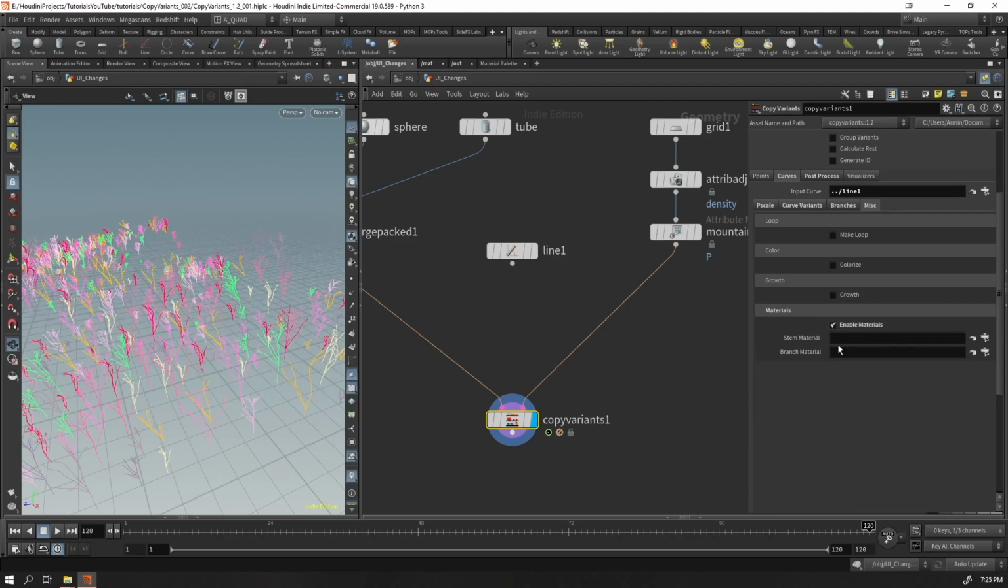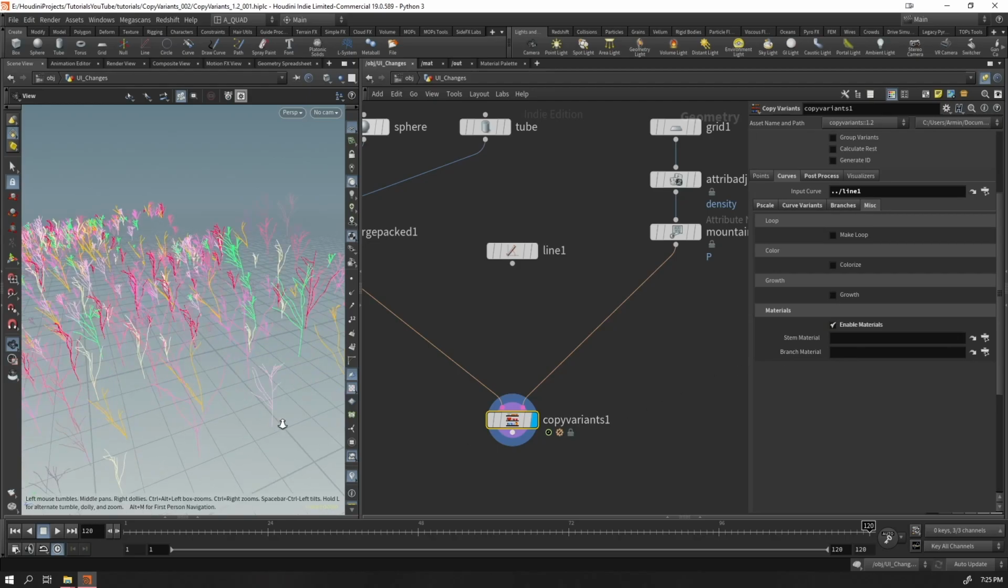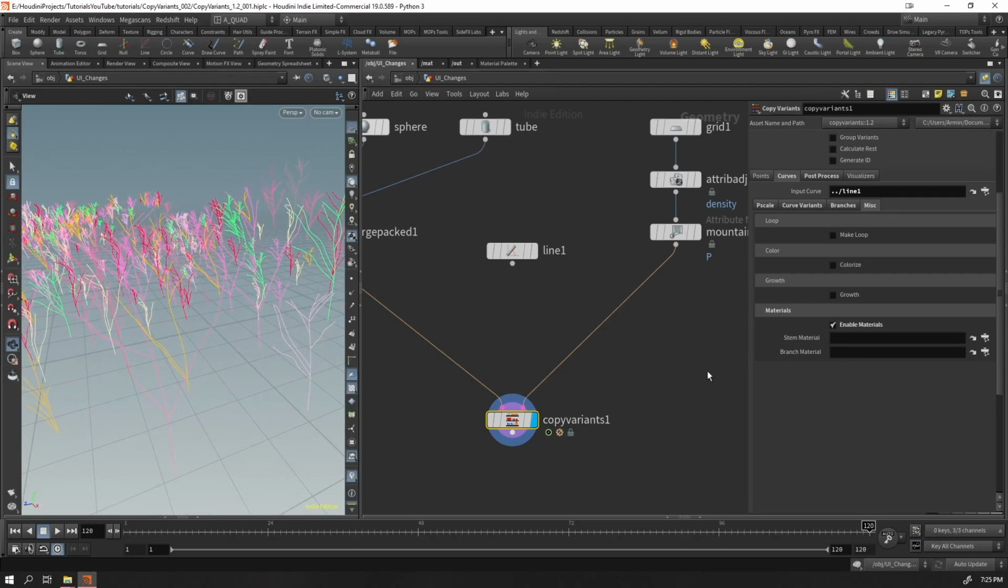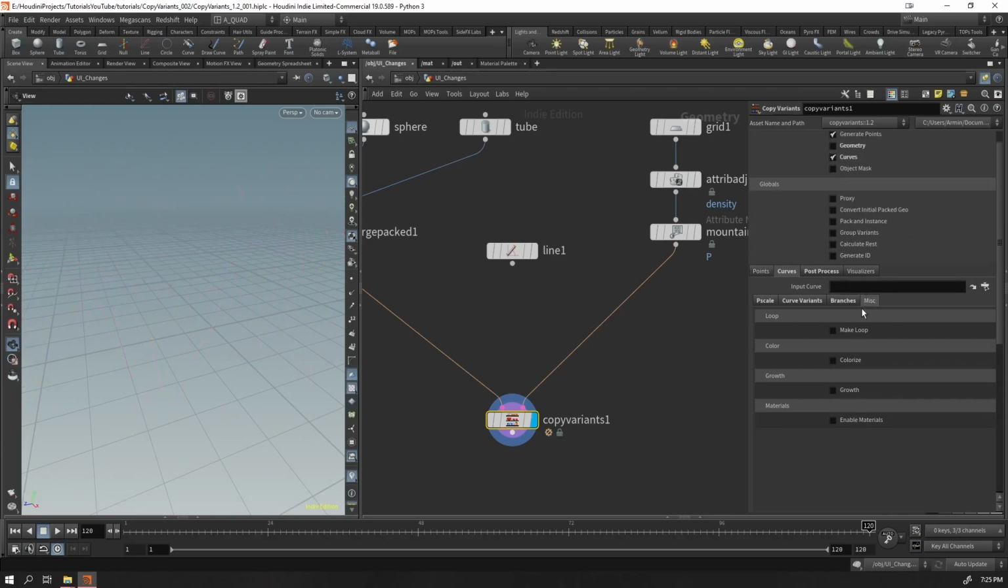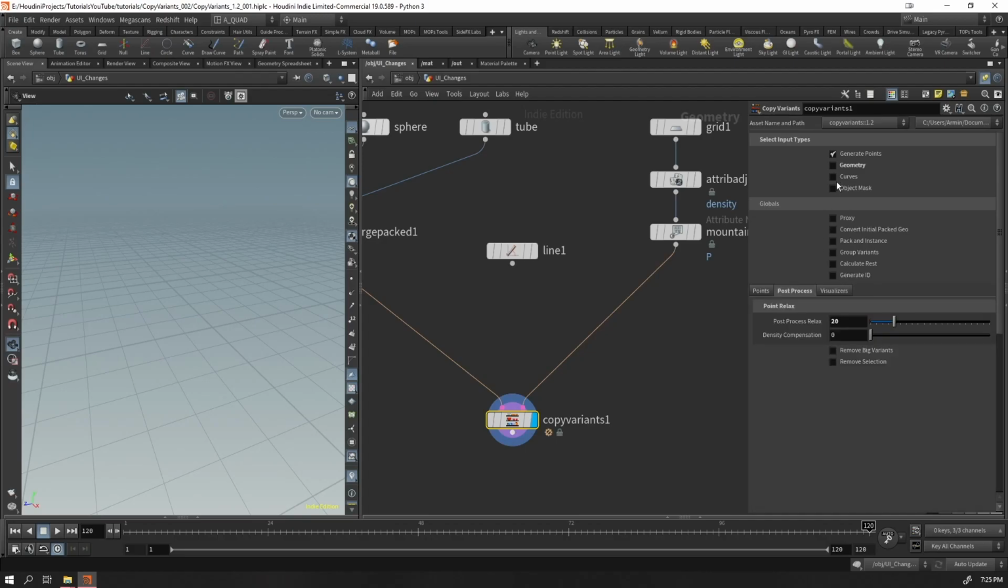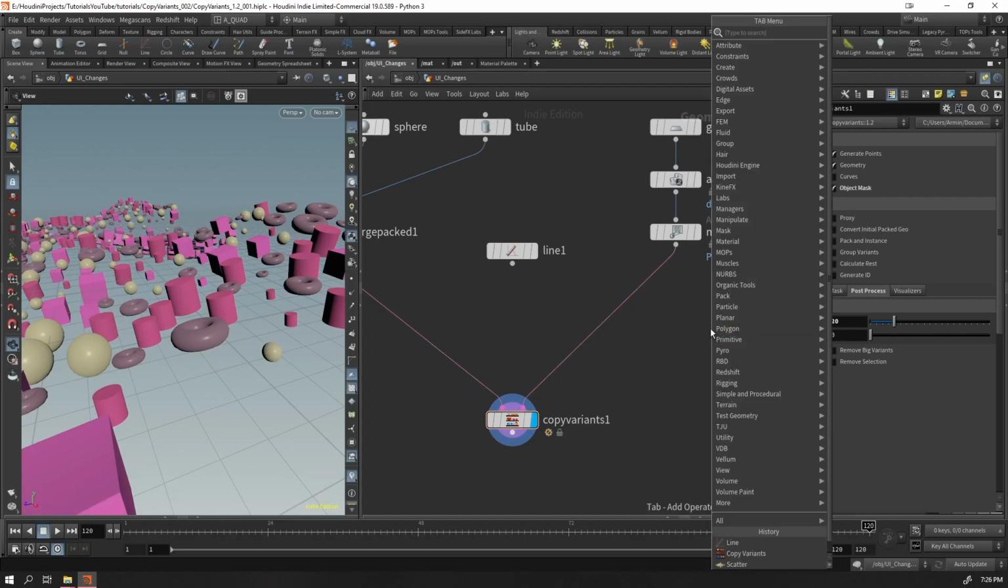And last thing, you could enable materials, so you just drag and drop your materials in here. Your main curve is going to be stem, and your branches are going to be branch material. Yeah, pretty simple, nothing too complex. I'm just going to uncheck this one and uncheck the curves. For object mask, it's pretty much the same. I'm going to enable geometry, so we have something to see. I'm going to add a sphere,